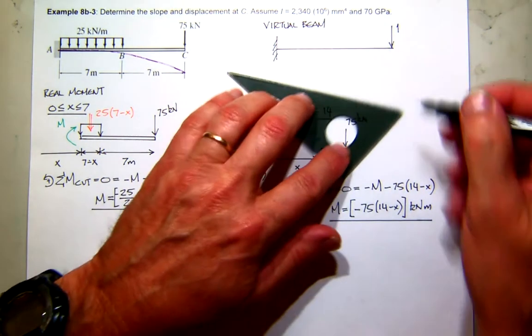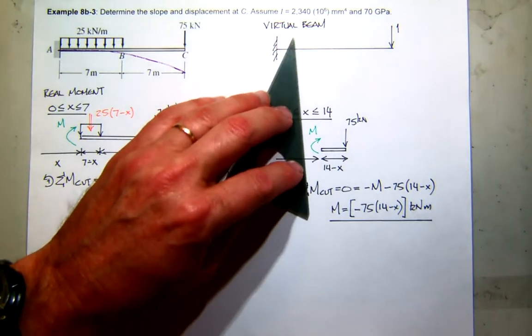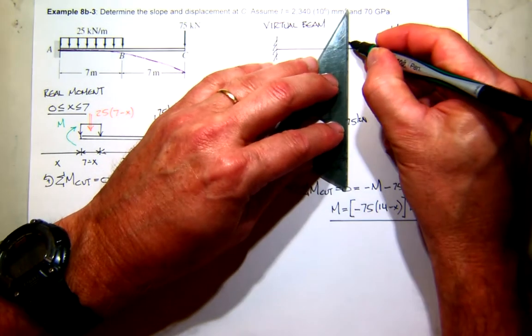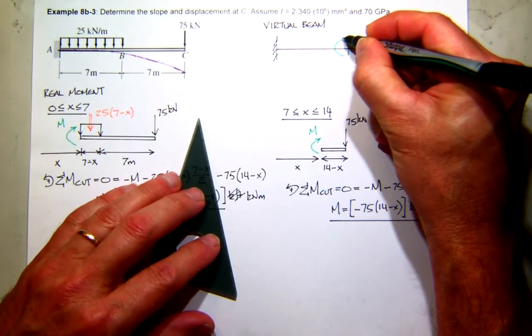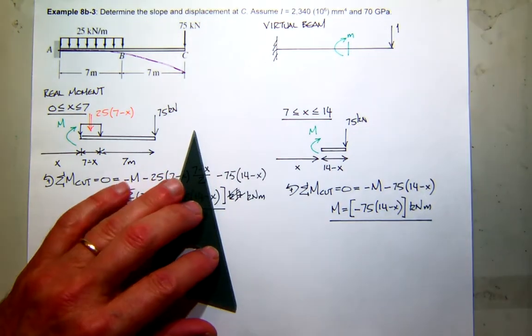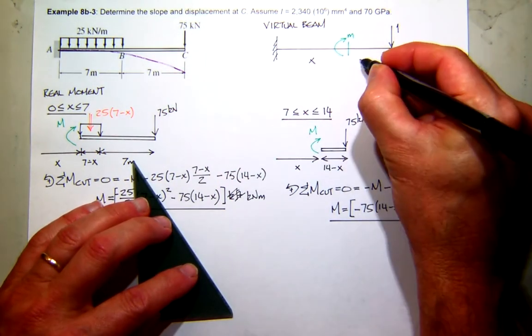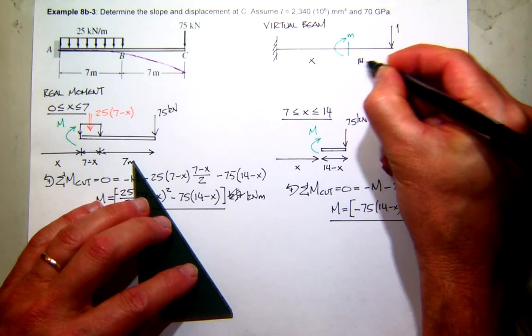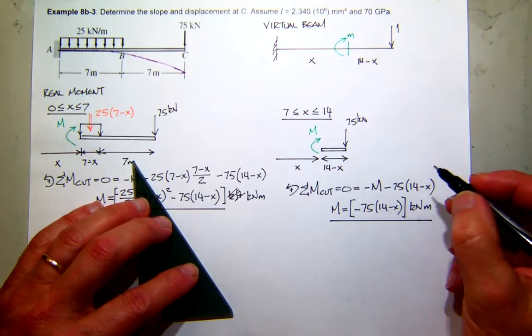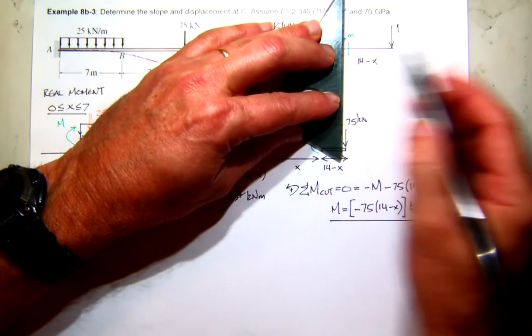So I think what I'll do is I'll just cheat a little bit and say I'm cutting the structure here. There's my internal virtual moment at some distance x, and this would be 14 minus x. So looking at just this part of the beam